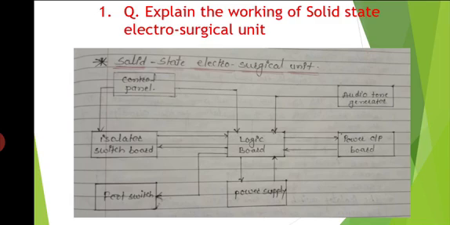A thermostat is sometimes mounted on the power amplifier heat sink. If the temperature is too high, it becomes open circuited, signaling an alarm and interrupting the output. The output circuit in a diathermy machine is generally isolated and carefully insulated from low frequency primary and secondary voltages. During this process, gases are used for anesthesia purposes. So this is the explanation of the working of a solid state electrosurgical unit.